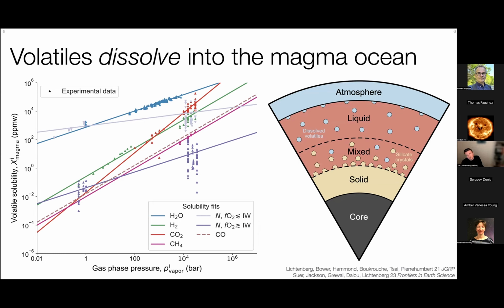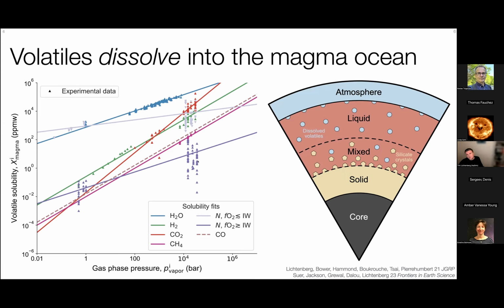This is true for the CO2 in your Pepsi or Coke, but it's also true for water in a magma ocean atmosphere. So different gases, different compounds have different solubilities. Water is highly soluble in silicate magmas, for example. So this here on the y-axis is the volatile solubility in parts per million weight relative to the mantle. This is gas phase pressure, and you see how different types of compounds here have orders of magnitude